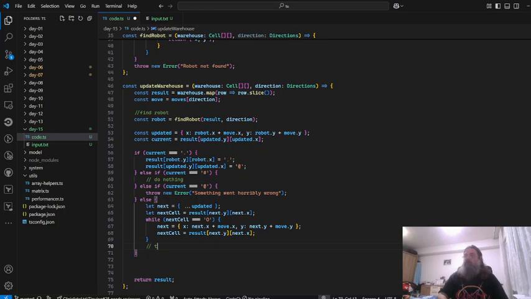So those are the three that we need to change. And we actually have references to all three of them. This is the robot cell, this is the current cell, and this is the next cell. So what do we need to do? Well, the robot cell becomes empty. Yep, it got this one right. The updated cell becomes the robot, and the next cell